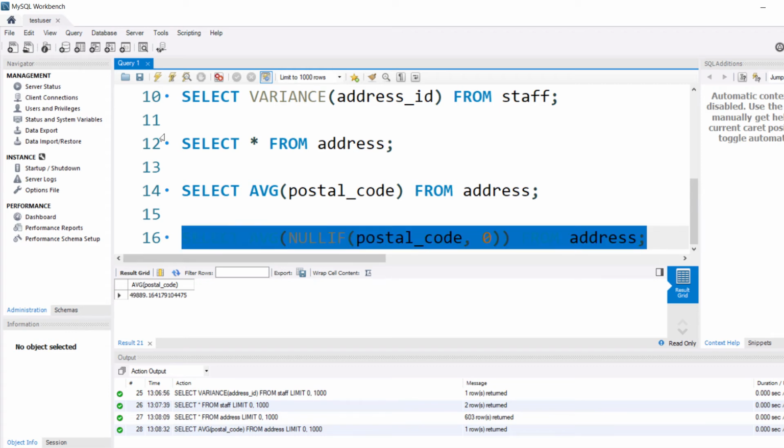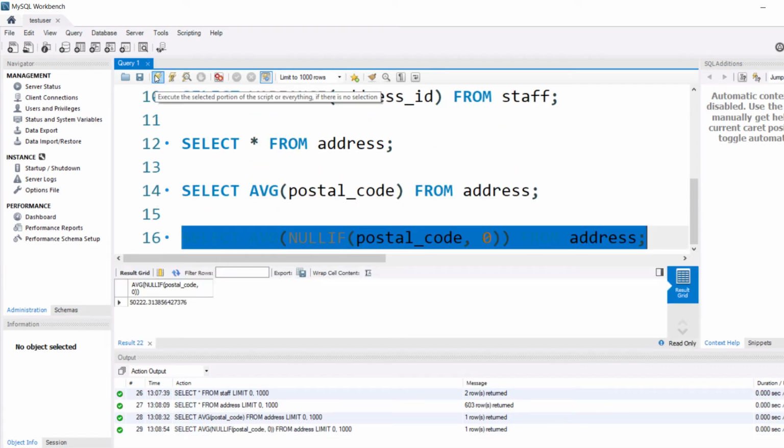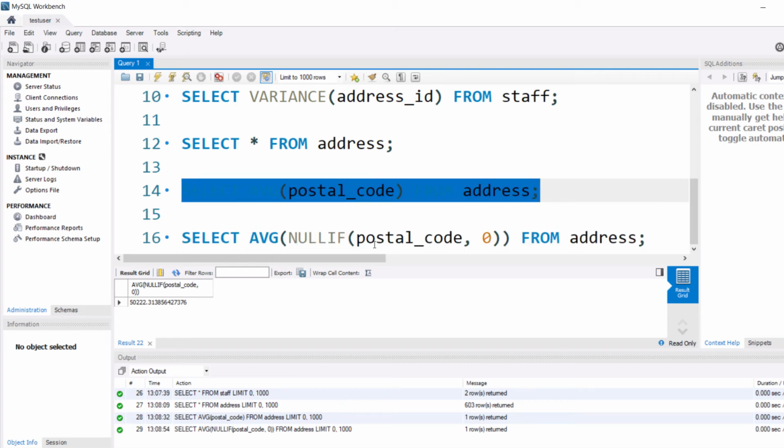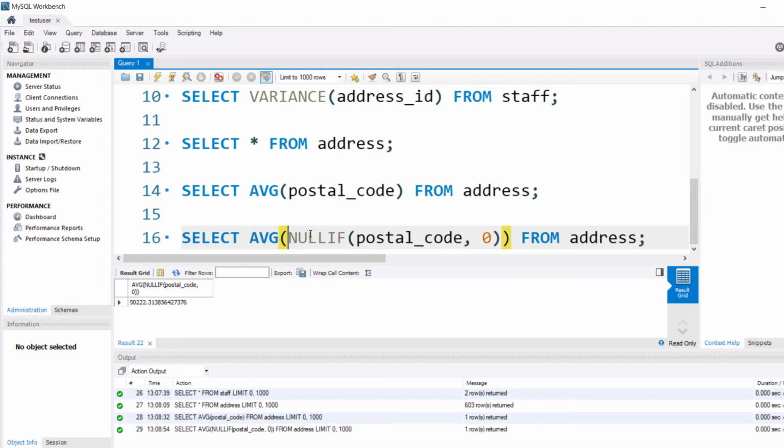So if I execute this, this is the output, 50222. Okay, so in the first case, it does not count the null values, and here it counts the null values because we are saying IFNULL 0. Okay, so this is how we can work with null values whenever we are working with group functions.